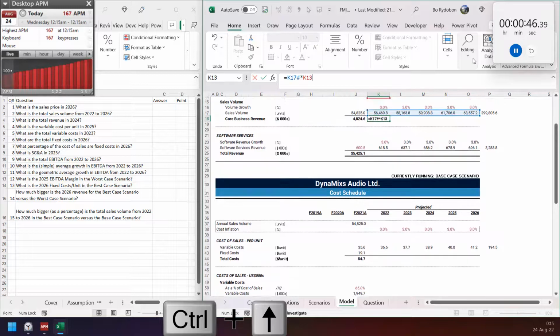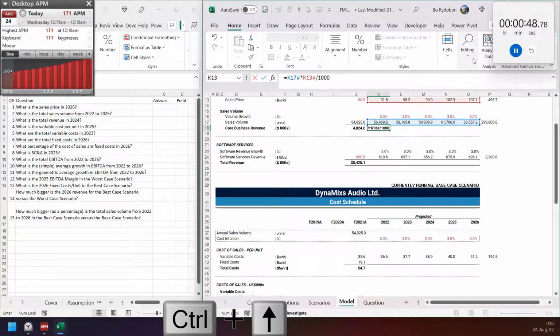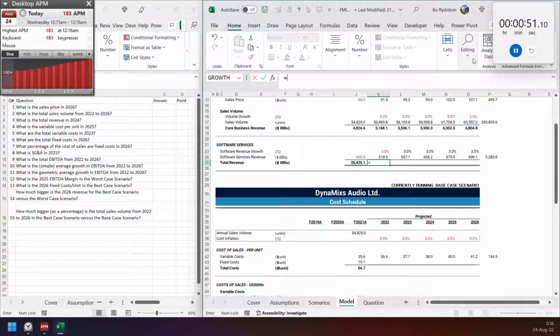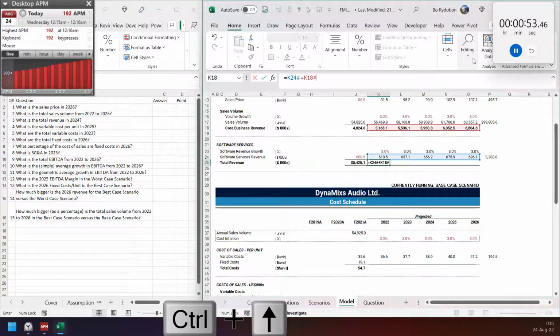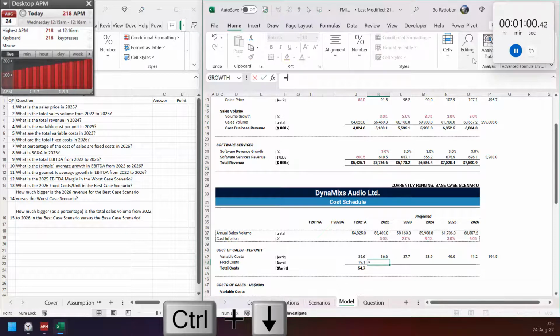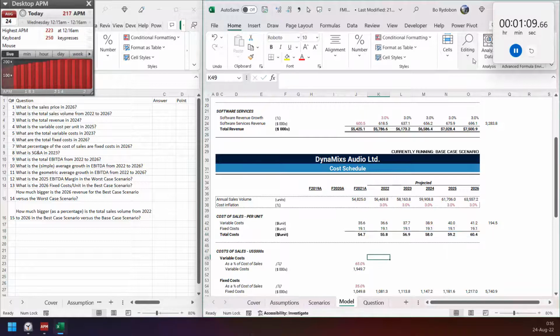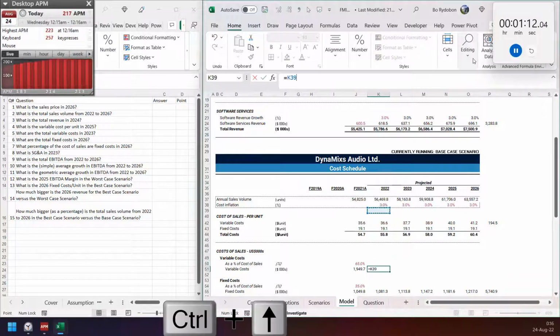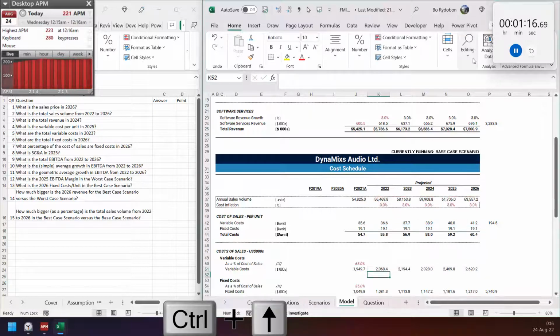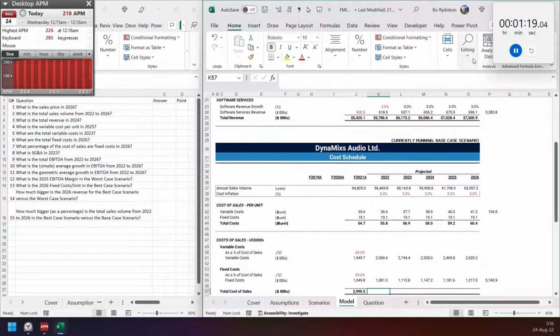So volume multiplied by price divided by 1000, and then plus board revenue here. Then this is volume from above. Then fixed cost per unit, so just divide by unit, multiply by 1000, and sum everything for total cost per unit. Then variable cost, unit price multiplied by volume, and total cost